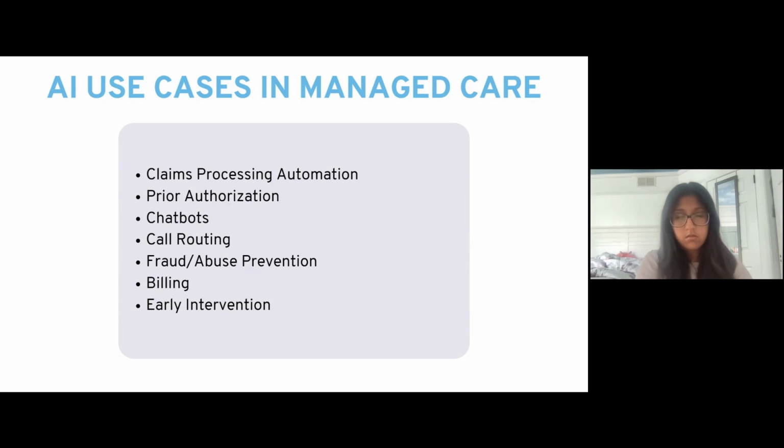Then we talk about chatbots. So again, as Sana mentioned earlier, there's the process of dealing with not just health insurance, I would say any service oriented company, whether it's a cell phone provider, a cable provider, or utility provider, or a health insurance provider. There are a bunch of calls that you need to make from time to time, and that can be a frustrating experience. We've all seen that, and I'm sure your parents may also be aware of that.